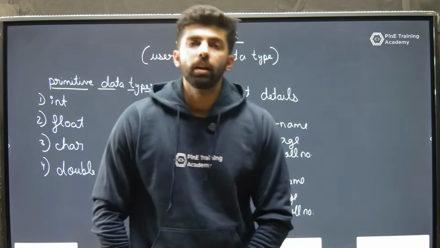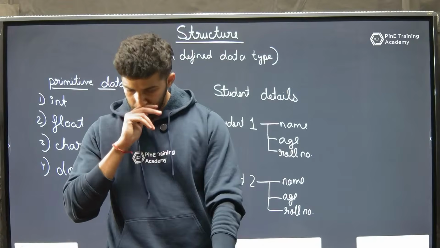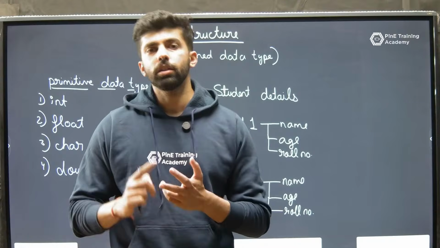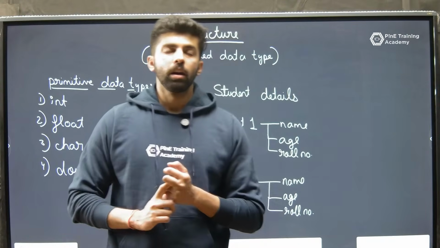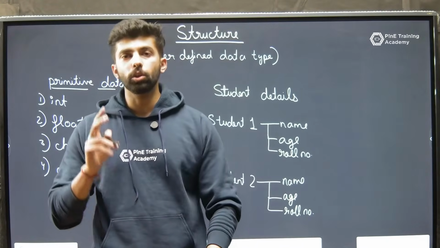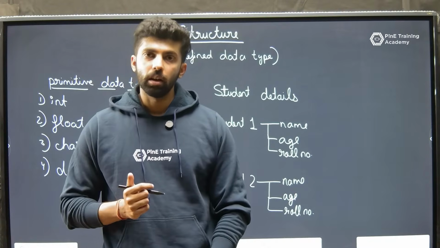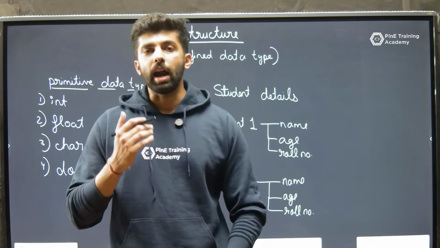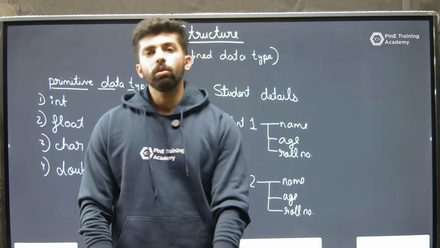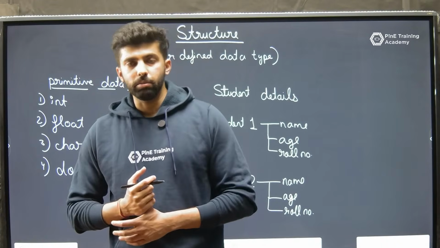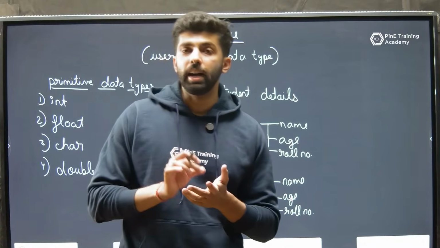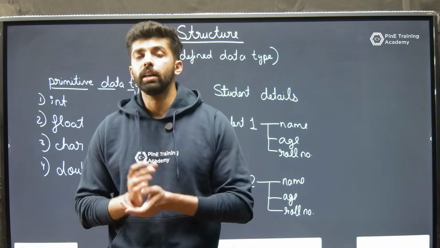So let's start with today's class. Today we are going to cover three topics which are structures, unions, and enum. When we started our C class, we discussed that there are two types of data types. One was primitive data types, and the other one was user defined data types. Now, we have already discussed what are primitive data types. In this class, we will see how user defined data type works and what are actually the user defined data